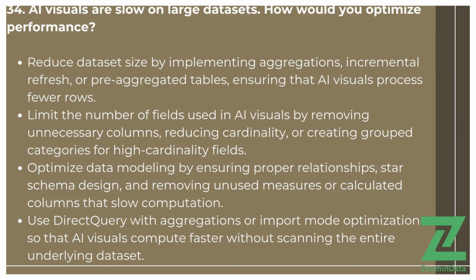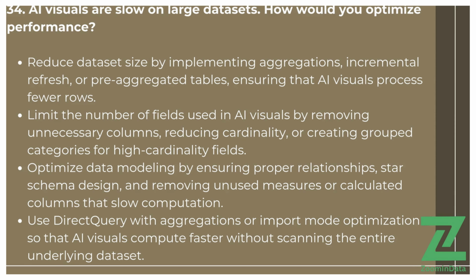34th question. AI visuals are slow on large datasets. How would you optimize performance? Reduce dataset size by implementing aggregations, incremental refresh, or pre-aggregated tables, ensuring that AI visuals process fewer rows. Limit the number of fields used in AI visuals by removing unnecessary columns, reducing cardinality, or creating grouped categories for